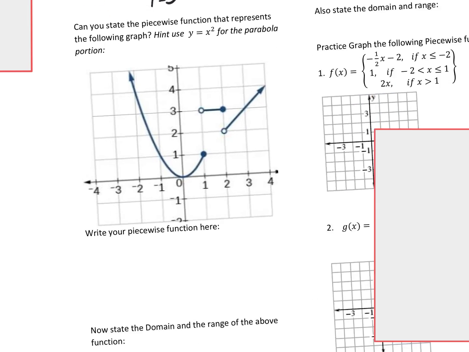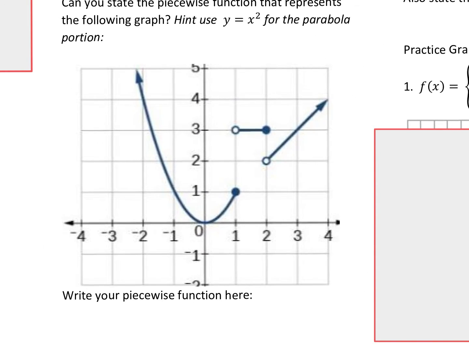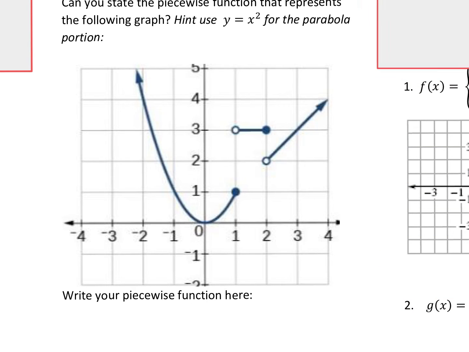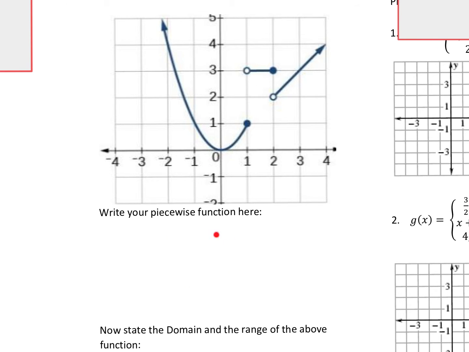Let's look at this crazy piecewise function. This one's already graphed for us. Let's go backwards and write the actual piecewise function equation. Notice that we have an area right here. It says write your piecewise function here. We're going to use this whole area. I know it's a lot of space, but this is what we want to start with. Let's give it a name. It's either going to be f of x or g of x or h of x, whatever you want to call it. I want to call it f of x